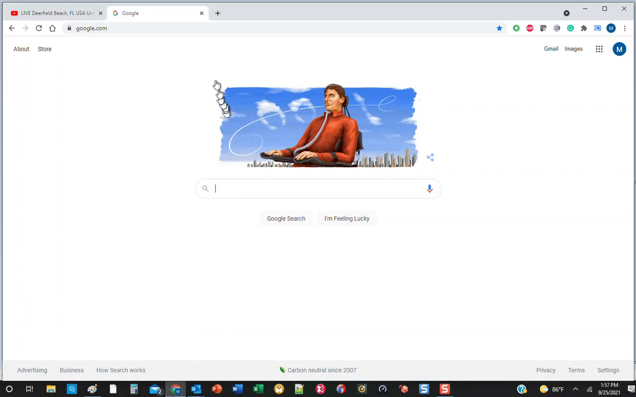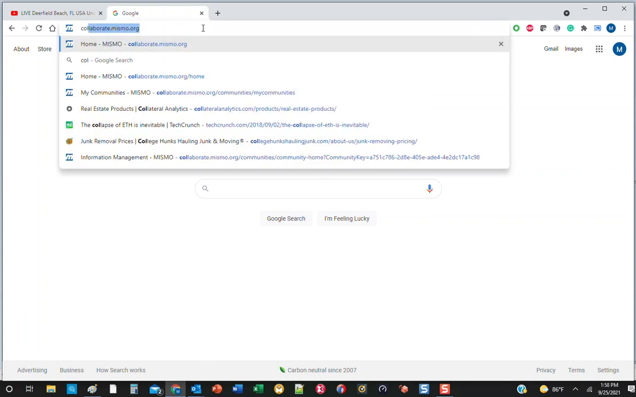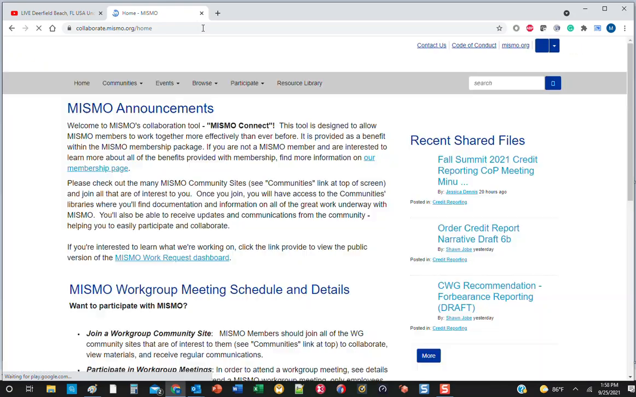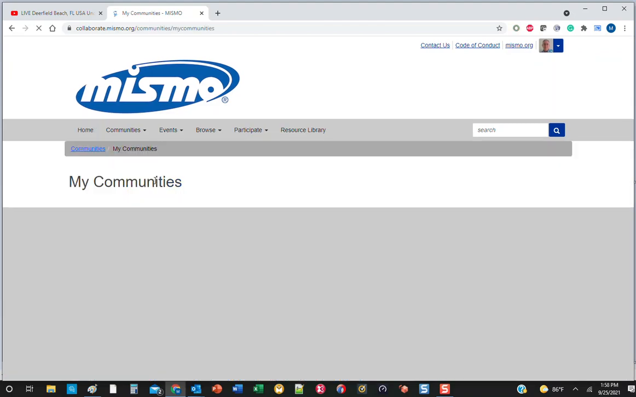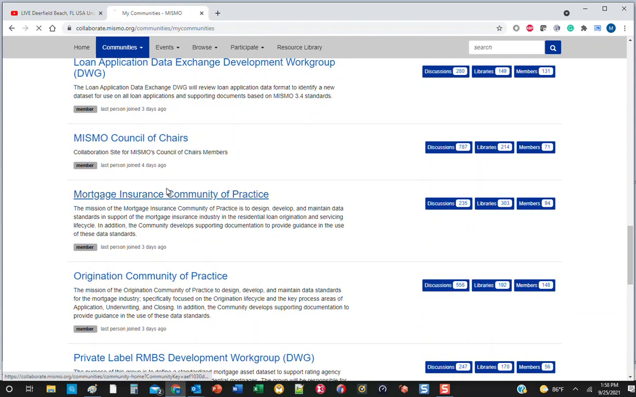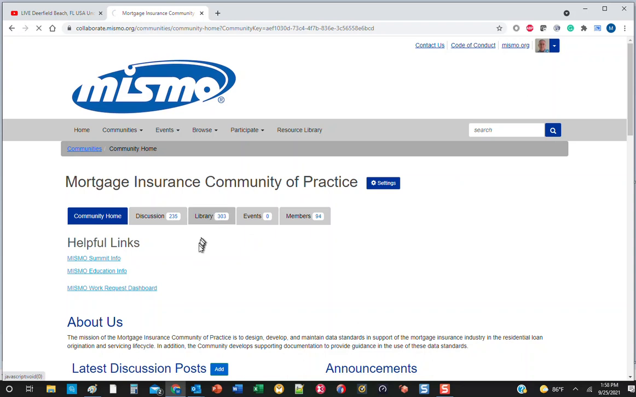So let's bring up the browser, and that website is collaborate.mismo.org. It's a benefit available to MISMO members that allows them to see early releases of different products and standards. Let's go to the mortgage insurance community. Scroll down, and then in their library folder,